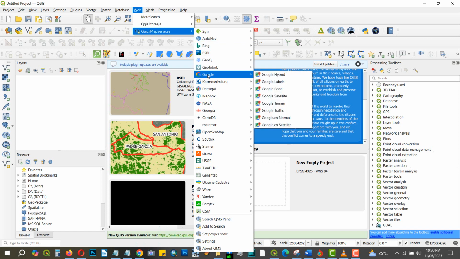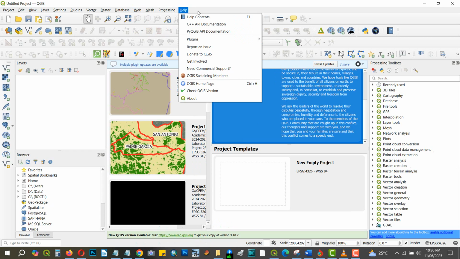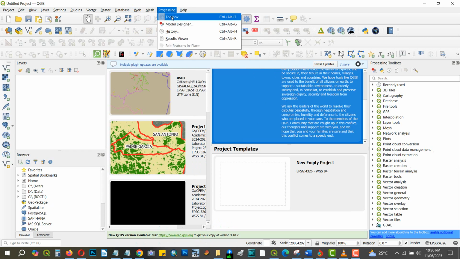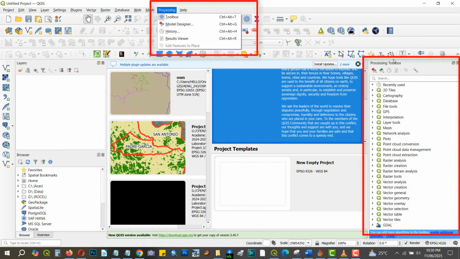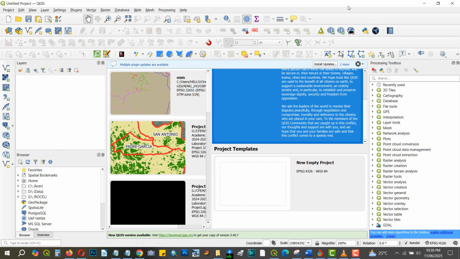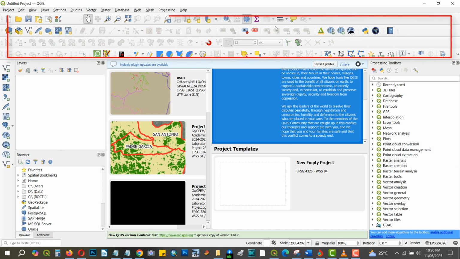Okay, so we used to process data in the Google satellite. So we can see that here, this portion of the web under menu bar. Okay. Then for the other tools, we can see the other tools here in the processing. Okay. That is just the same with this one. Okay. So now the next one is of course the toolbars on this part of the user interface of the QGIS